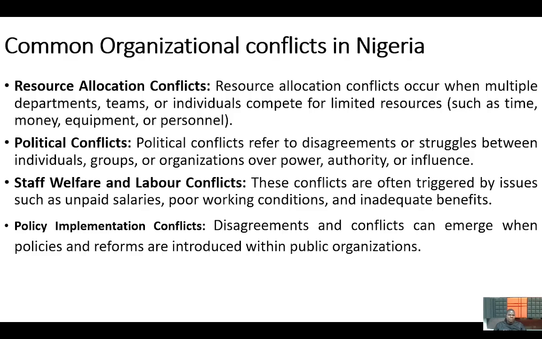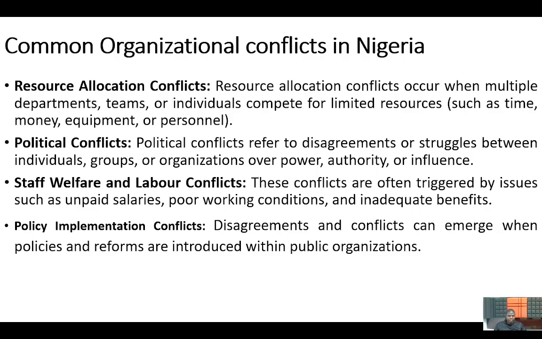Just like we rightly said in our studies in the first session when we talked about the concept of management, and I said something that has to do with the 14 principles of Henry Fayol. And one of the principles is the principle of order, where Henry Fayol categorically said that order means a place for everything and everything in its place. It means that there are situations where some equipment is not properly kept or assembled in the position it is supposed to be. It has a way of causing conflict. Sometimes it may be blocking the chances for an employee to be flexible enough to work, and all of that, it causes conflict.